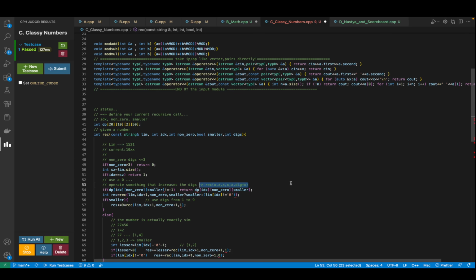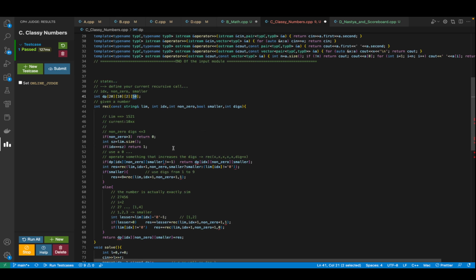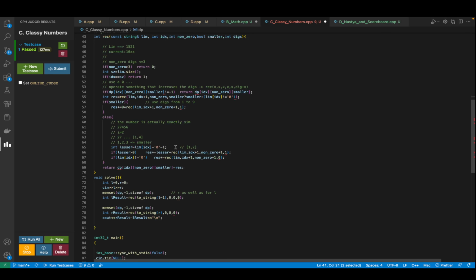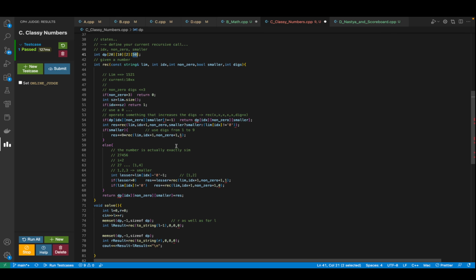It's a general thing I'm telling you because you can extend it to a lot of questions as well. Whatever thing is changing and is going to affect your future state, or your future recursive call, you have to pass that in the parameters, and you have to make sure that DP also calculates it. Make sense? Yeah, makes sense.